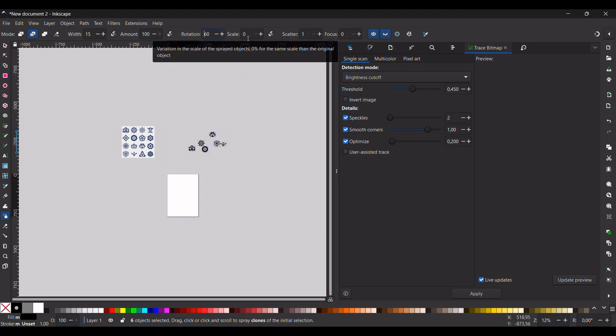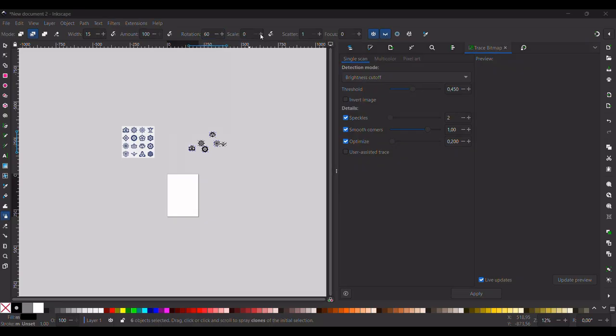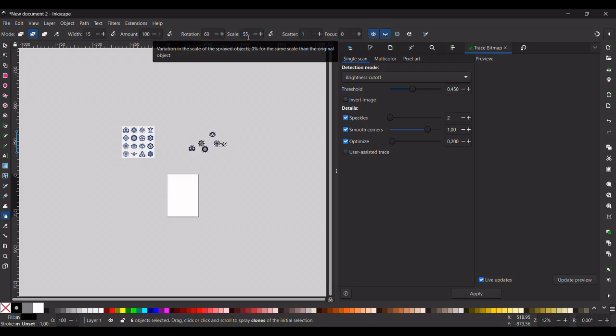So let's say it sprays 5 images. If you put it at 5 rotation, it's gonna rotate all 5 images 5 different ways, if you get what I'm saying. And then the scale is how many objects it makes bigger or smaller compared to the initial size. And the scatter is how far it places each and every item apart. So if there's 0 scatter, they're all gonna